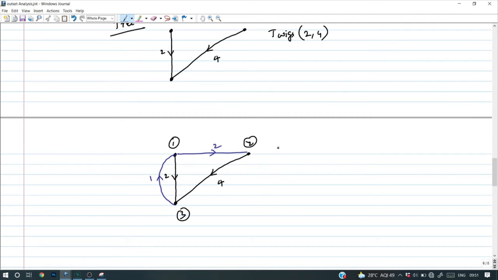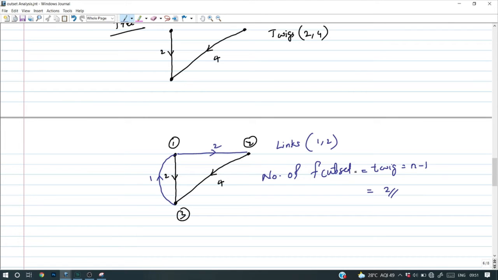So what is the name of the branches of the co-tree? It is known as links. What are the links? 1 and 2 are links. Here we need to select the number of cut sets. How many cut sets are available? The number of fundamental cut sets is equal to the number of twigs, which is equal to n minus 1. Here n is 3, 3 minus 1 is 2. Two twigs we already identified, 2 and 4.